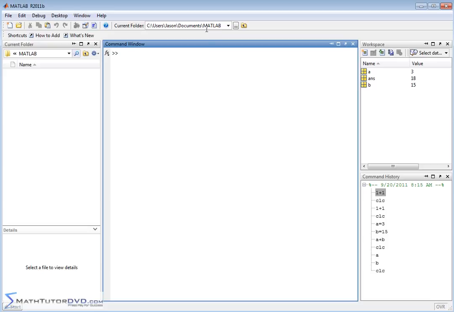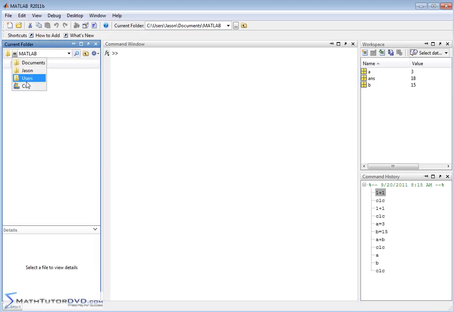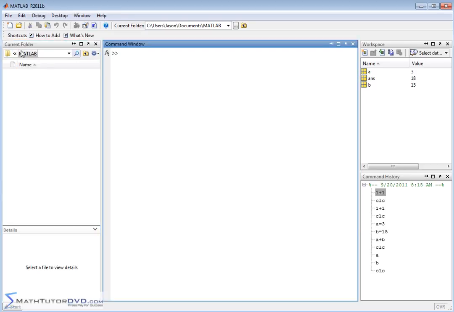This is kind of like the working directory. What you need to do is pick one place on your computer where you want MATLAB to live and work with your documents, and this is the folder that you have up here. Whatever I've selected up here is also what's selected here. And of course there's nothing here because I've just installed MATLAB and fired it up, and I don't have a lot of